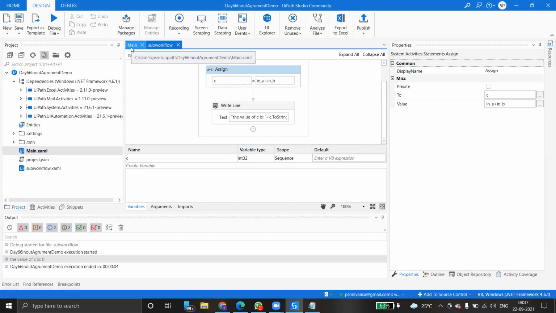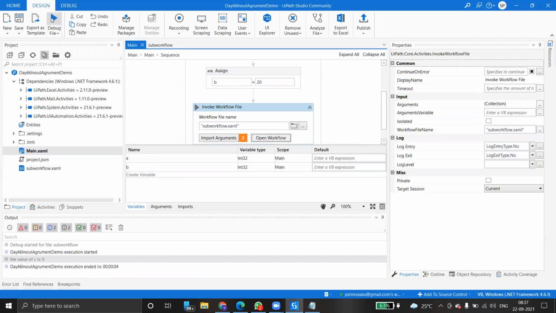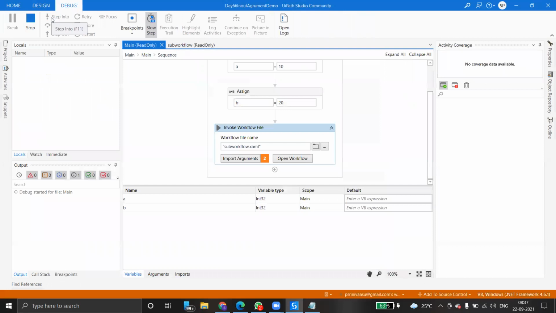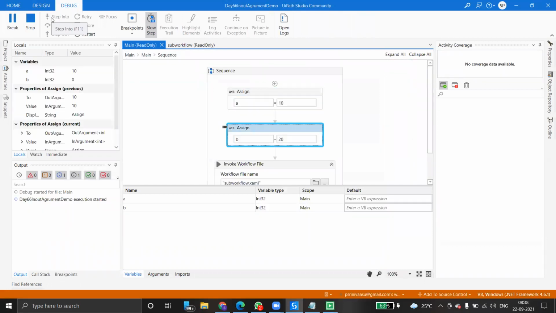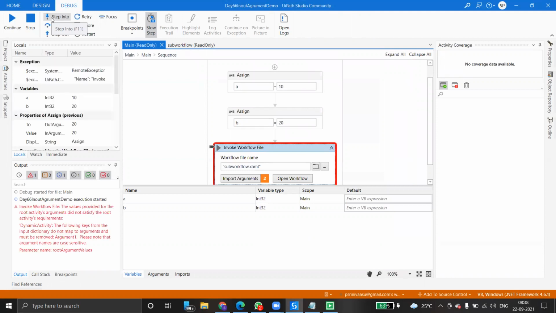Okay. Now go to main. Now execute main. From main, we have to execute. By mistake we executed from sub workflow, but we have to execute from the main workflow. Now it will go and check. Yeah, are we getting an error?